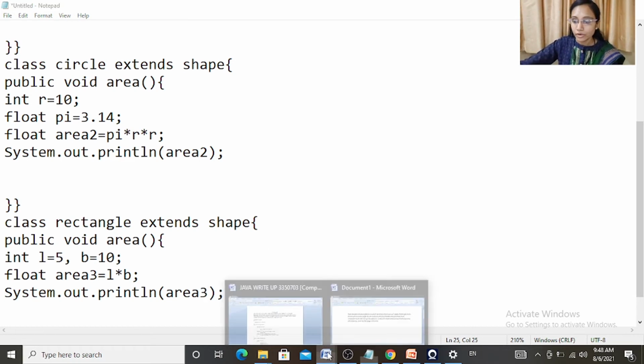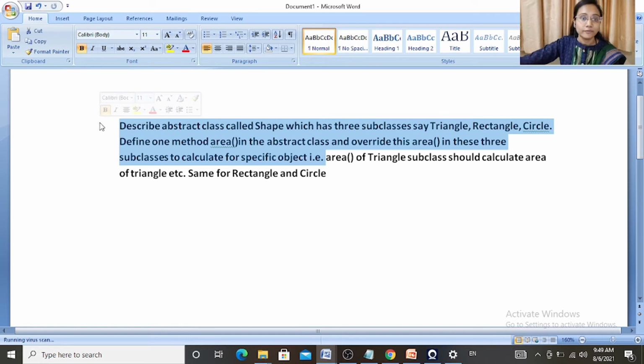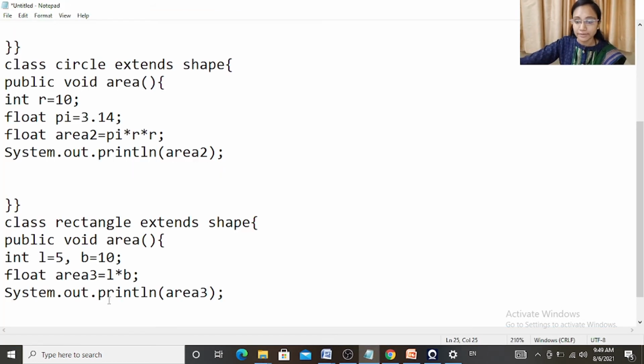Okay, so up to this step we have created our program, that is we have created one abstract class, another 3 subclasses which will inherit the abstract class, and one method called area which is overridden in all the 3 subclasses. Now how we can call this method? So for that we need to create an object of the particular class. So let's define another class,